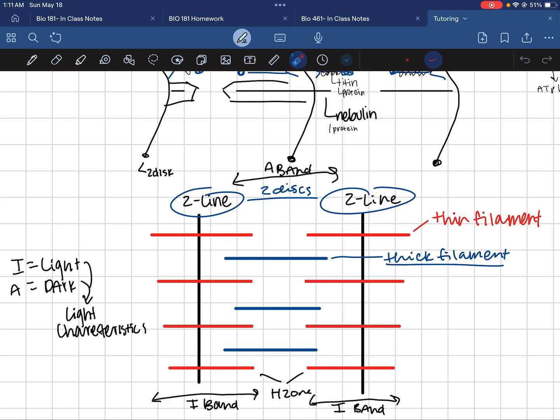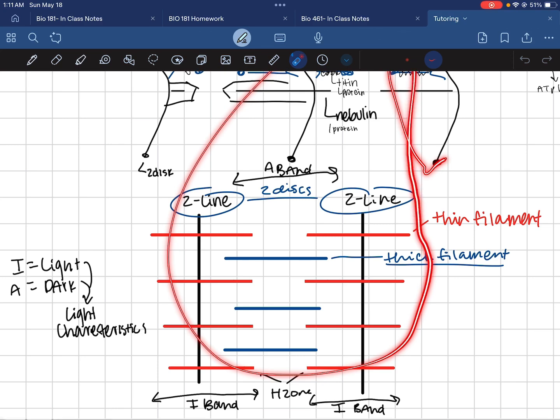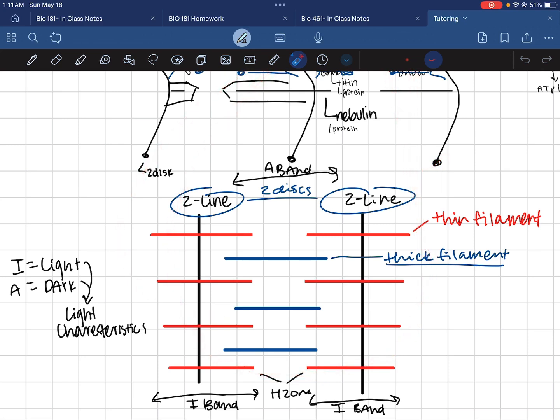Okay. So I don't even know where to begin anymore. We have myofilaments, we have sarcomeres. And then within the sarcomeres, so this whole thing right here, this is a sarcomere. And we have a repeating structure of sarcomeres that make up the muscle. And it's pretty predictable. We have an alternating